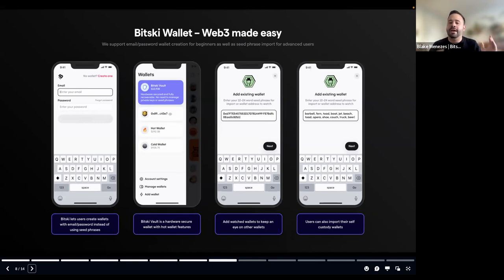Now, for example, I have a Bitski wallet. It's the Bitski Vault, which is our custodied wallet. But then I also bring in my self-custody wallets via the seed phrases that you can pull out from other wallets. I like to toggle between these wallets, depending on what I'm minting, depending on what I'm doing. I also store my NFTs in different wallets. That's just because I like to have the convenience of them being accessible in these different types of wallets at different times.